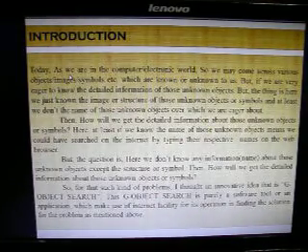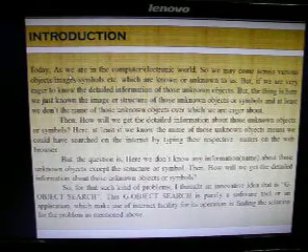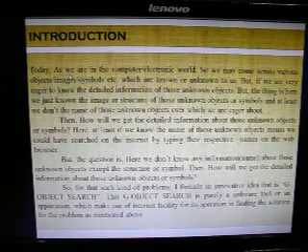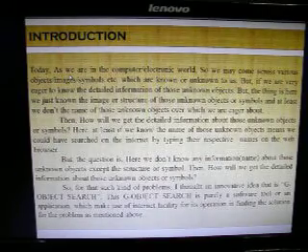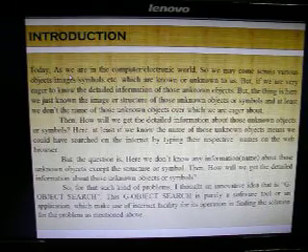Here, if we know the name of those unknown objects, we could search on the internet by typing their respective names on the web browser. But the question is, we don't know any name or any information regarding those unknown objects except the structure or symbol. Then how will we get the detailed information?